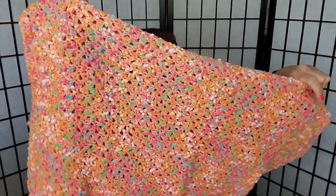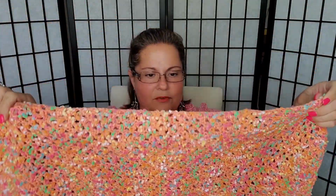So I'm going to see. I have the rest of this skein and I have another skein here. So I'm going to see if I'm going to continue this, because like I said, for me, it was a very frustrating yarn to work with. I do have another blanket in it also,